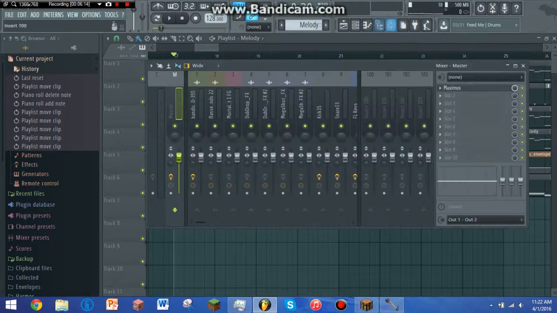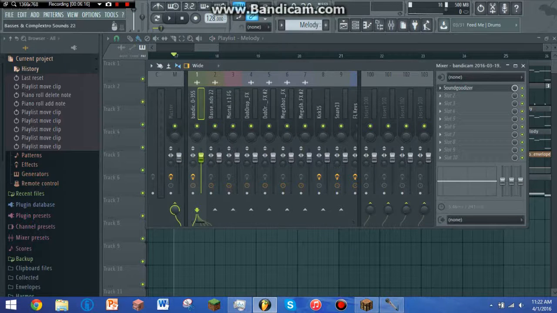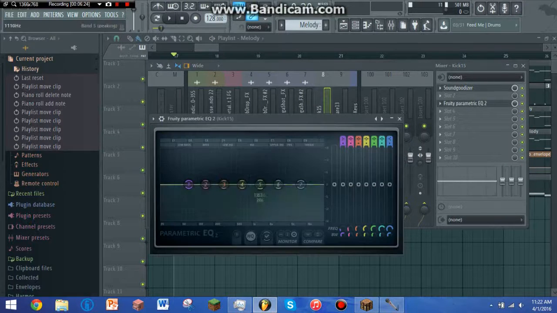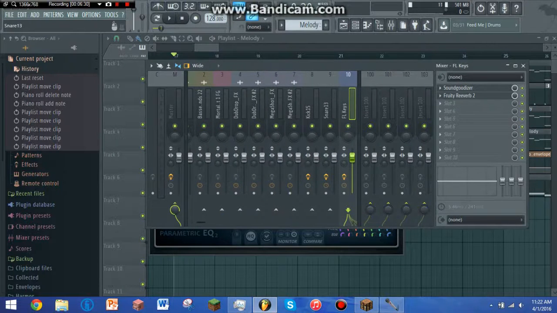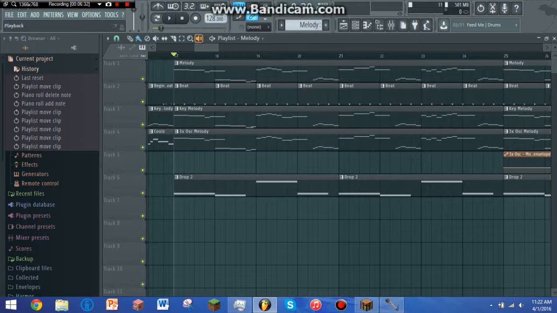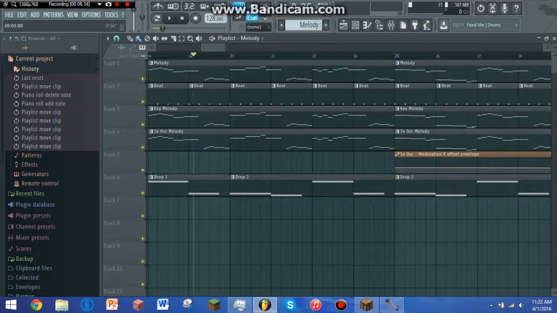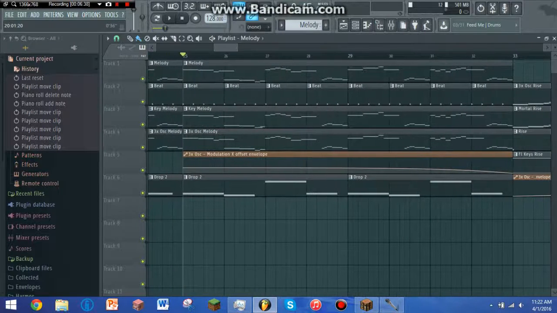And so what I do is I used Soundgoodizer for a lot of these. Okay, maybe I didn't. I used Soundgoodizer for this, and also I EQ'd nothing. Okay, so I didn't do a whole lot of effects. They're just naturally loud. Okay, so I just do that, and then I put the 3x oscillator on a mod X so that it can, you know,